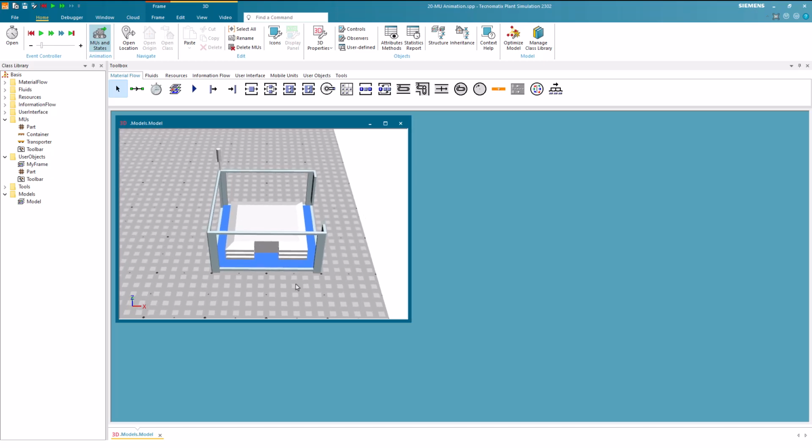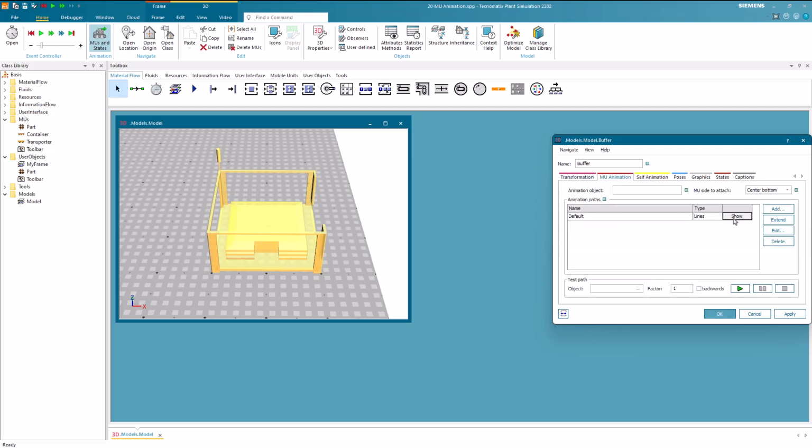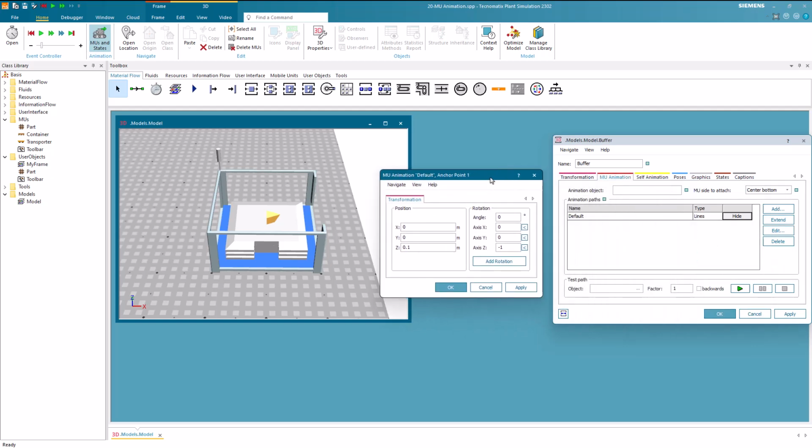Then we open the tab MU Animation, show the animation path, and double-click the cone. Now we set the rotation axis to Y. Change the angle to 90 degrees.